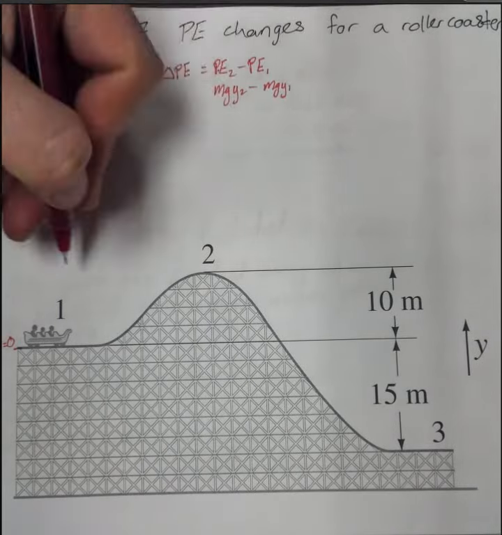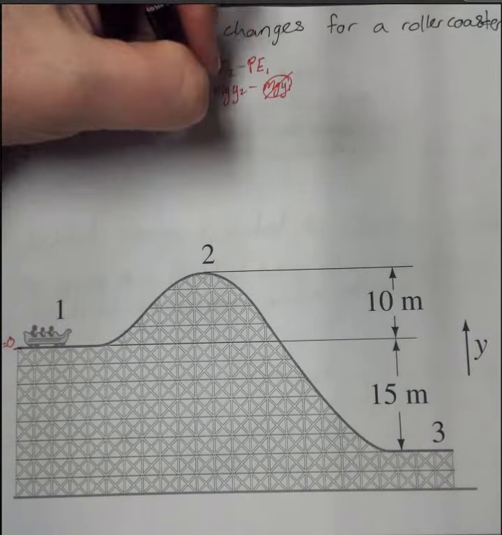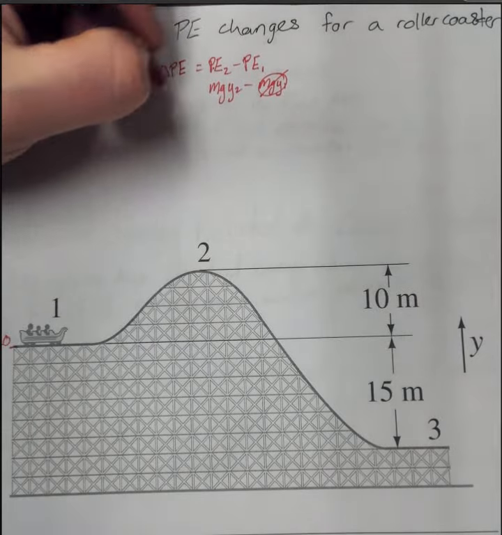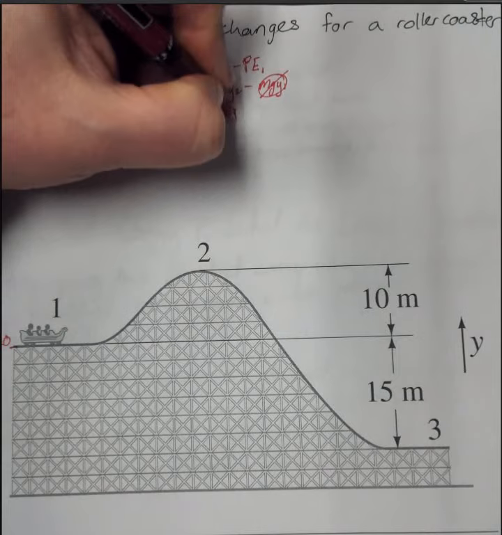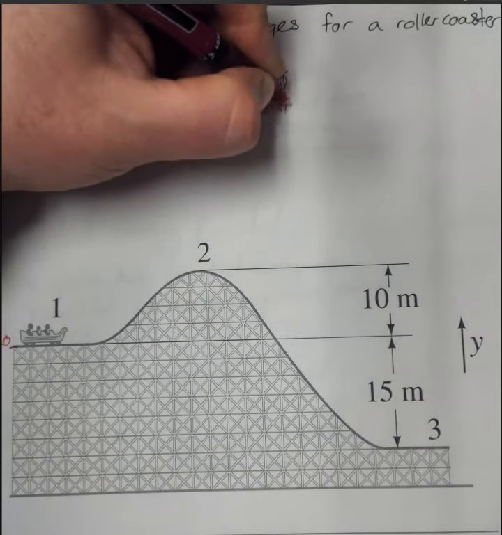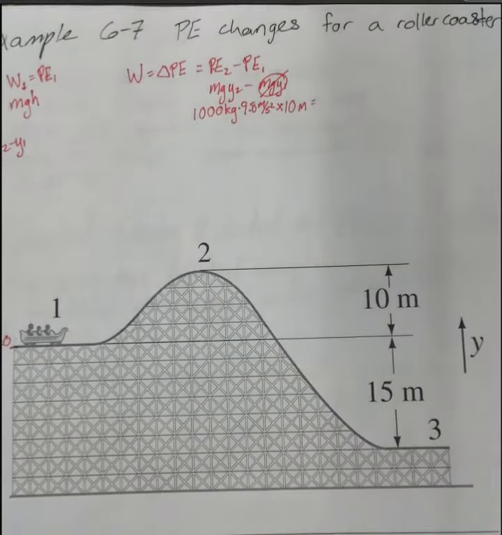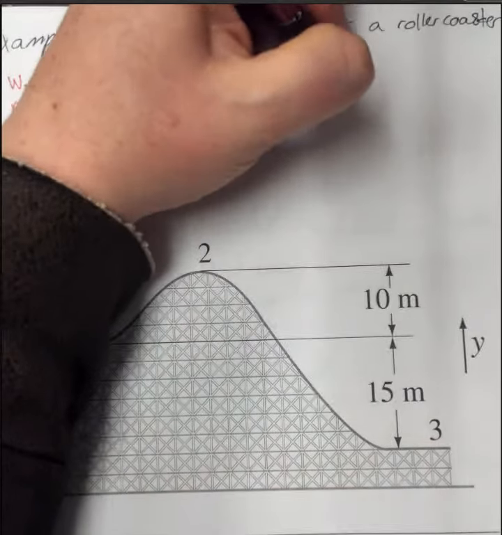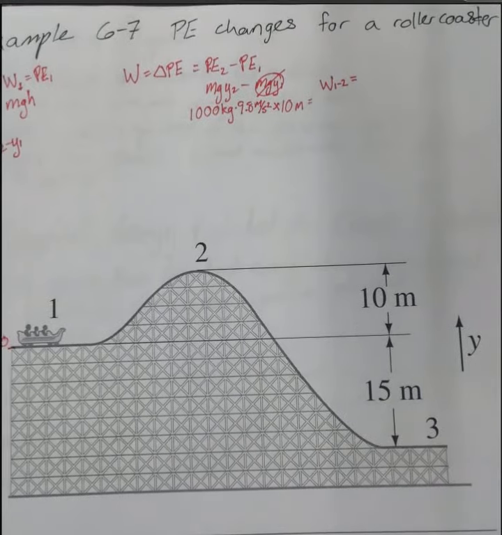We set y1 equal to 0, so that's going to be 0. mgy2 is going to be the mass of this roller coaster, which was set to 1,000 kilograms, so it's 1,000 kilograms times 9.8 meters per second squared times 10 meters. The difference in potential energy from point 1 to 2, or the work done to go from point 1 to 2, is going to be equal to 9.8 times 10 to the 4th